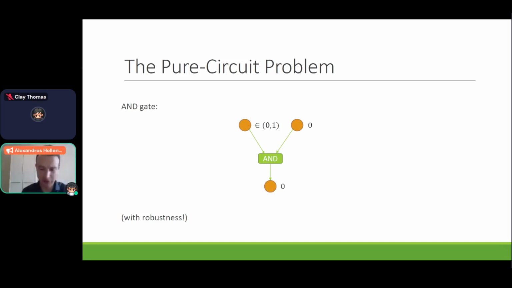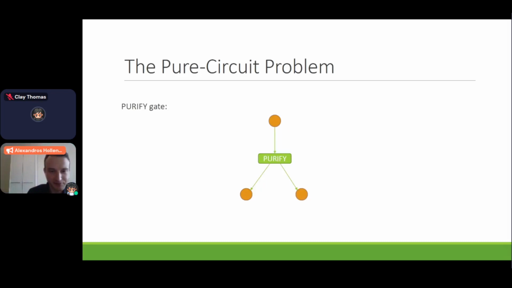If you didn't get this, you can forget about it. It's a bit of a technicality, to be honest. All right, the essence is, again, the AND gate works as before when the inputs are pure bits, and if the inputs are all garbage, then it's allowed to output whatever it wants. That's the executive summary.